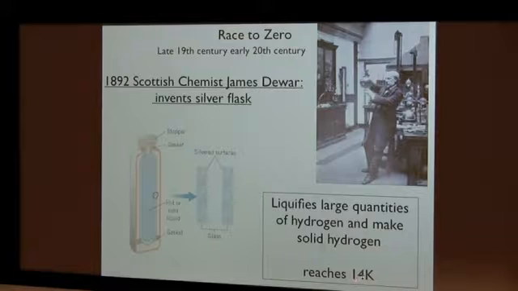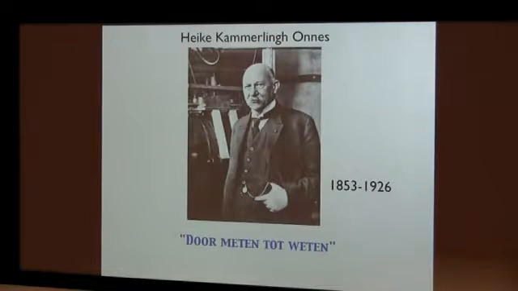And he could get to 14 degrees above absolute zero. Okay. Now, here comes our character in this story. He's the Dutch scientist from Leiden, Kamerlingh Onnes. And Kamerlingh Onnes was a phenomenal scientist, and he had this motto, which is, I know there are some